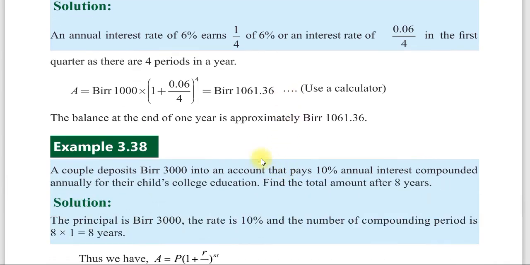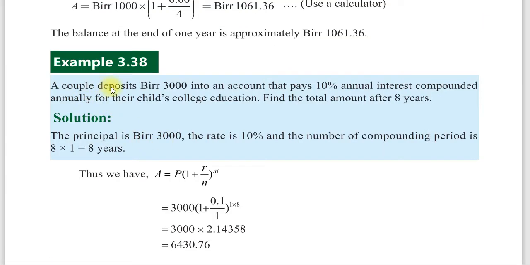Let us have a look at another example. Example 3.38: A couple deposit 3000 birr into an account that pays 10% annual interest compounded annually for their child's